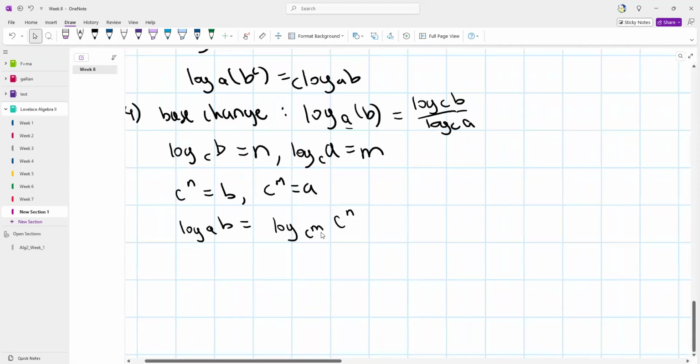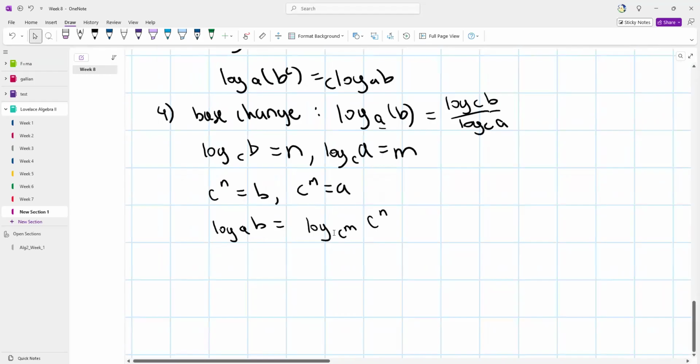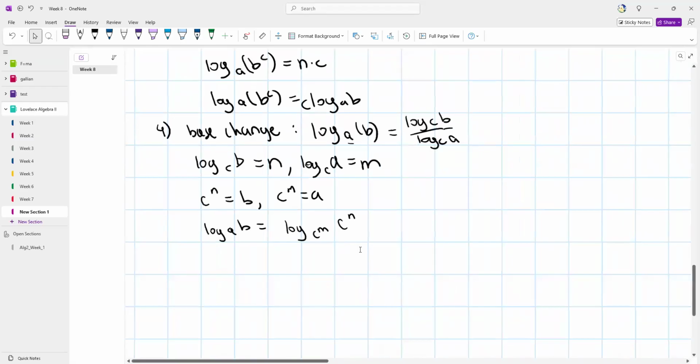So you can see how, if you substitute it, it cancels out, right? Okay, and then the next one is